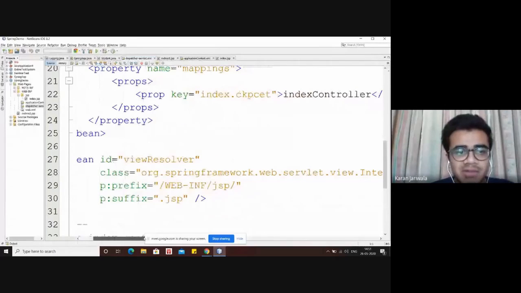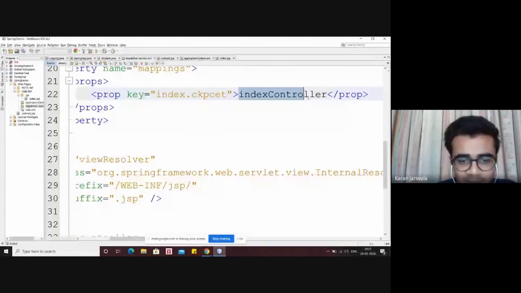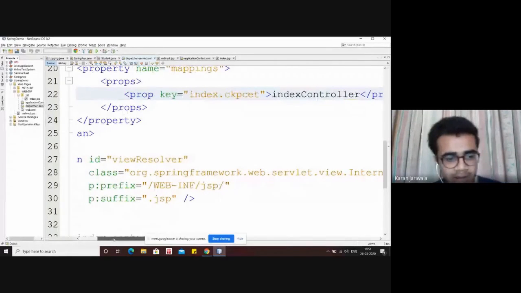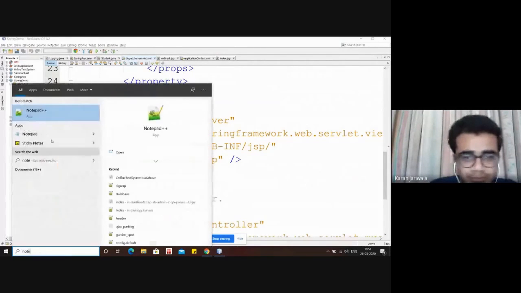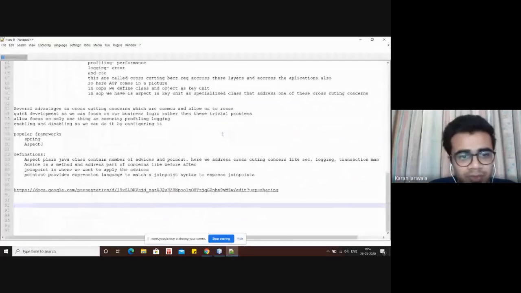Over here, they have given us a key, that is index.ckpcet, and an index controller, right? So we don't want their controller. We want a controller of our own, and we'll make a new controller. I already have my XML file.